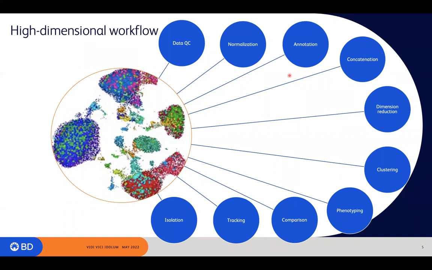The annotation step is also very important. I'll dig into this a bit. It's probably the most unglorious step in our analysis workflow here, but annotation is absolutely crucial, especially if you're doing high dimensional workflows, because what you want to do in the end is you want to cross compare all of